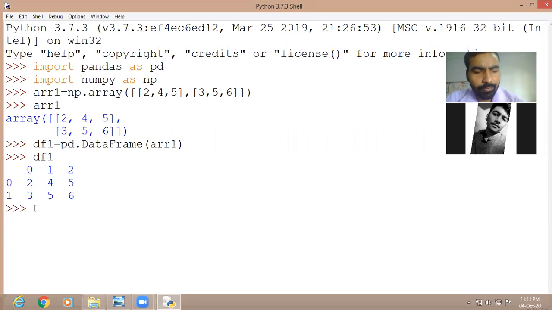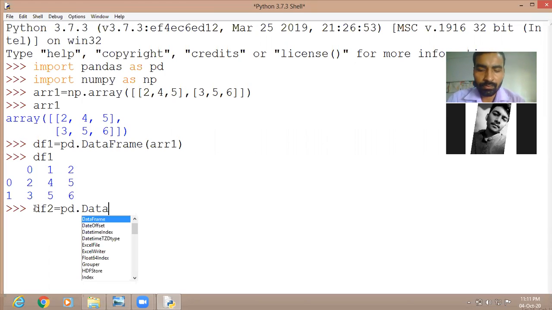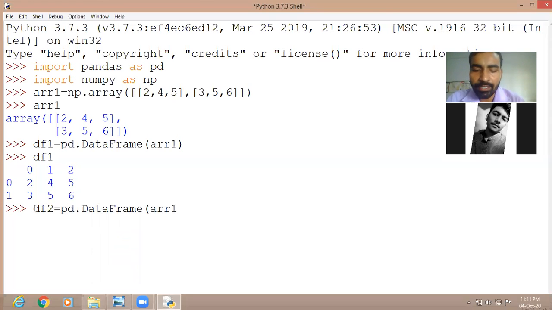Now let us create the another data frame like df2. Now this time let us create with the index also. pd dot DataFrame, then in the parentheses write the name of array, array1, comma, you can put the index plus column also. So index you can write index equal to, you can write list of a b, sorry a b, only 2 rows are there, so only a b, and then you can write columns